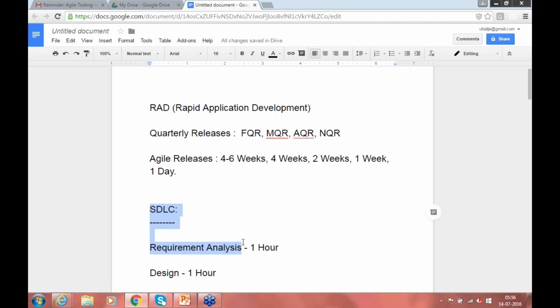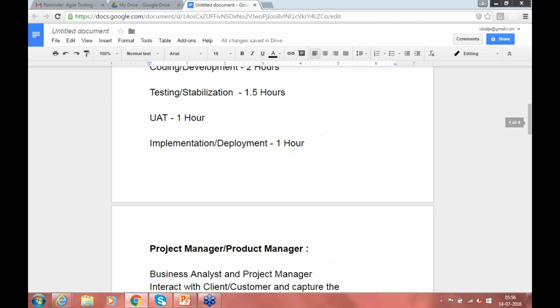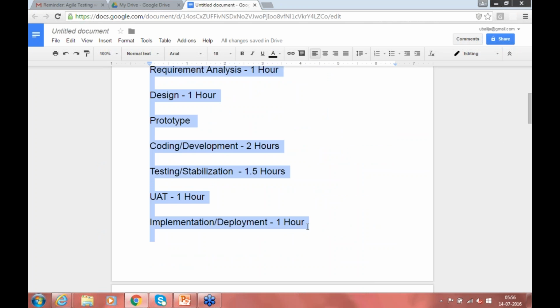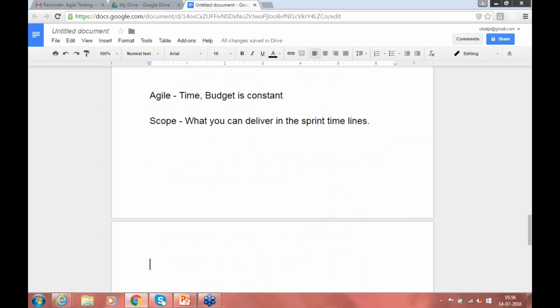Fine, so let's try to take this in more detail, and then we will be able to slowly get into the Agile methodology. So don't go with these times whatever I have written. It's just from an Agile perspective, written on the orientation day. So I'll say